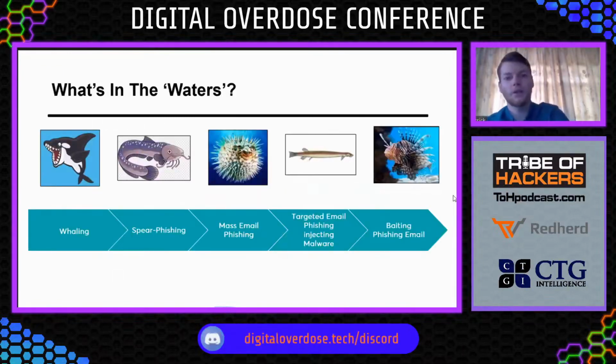All right, so what's in the waters? The first category is whaling attack. This is targeting the C-level of an organization, of a company. The second category is the spear phishing attack, targeting a specific company, a specific brand, and also personnel from the company, a department, and so on.